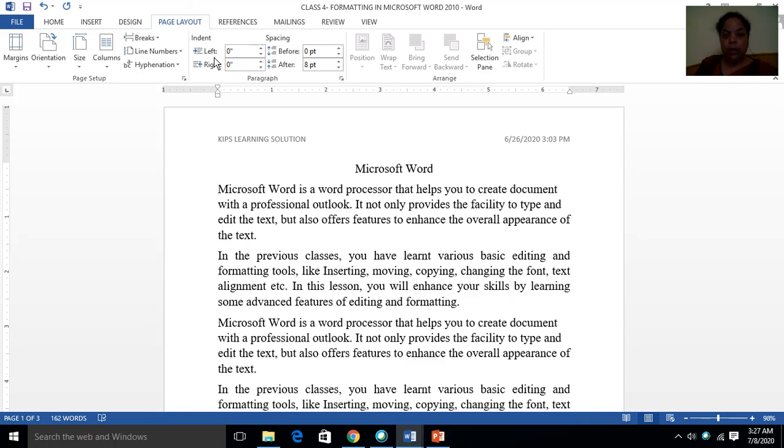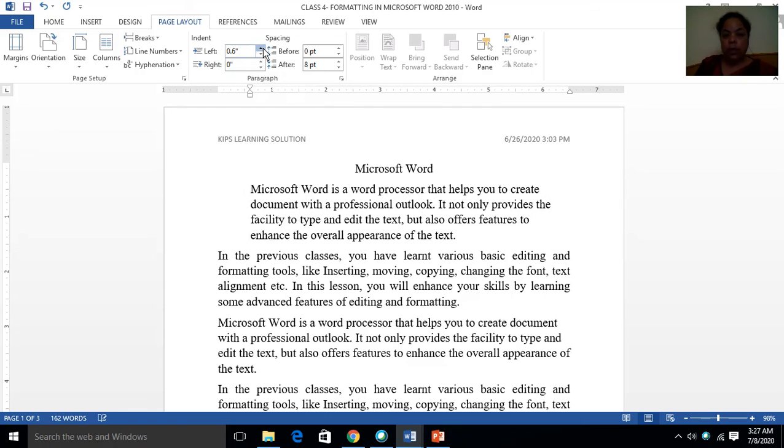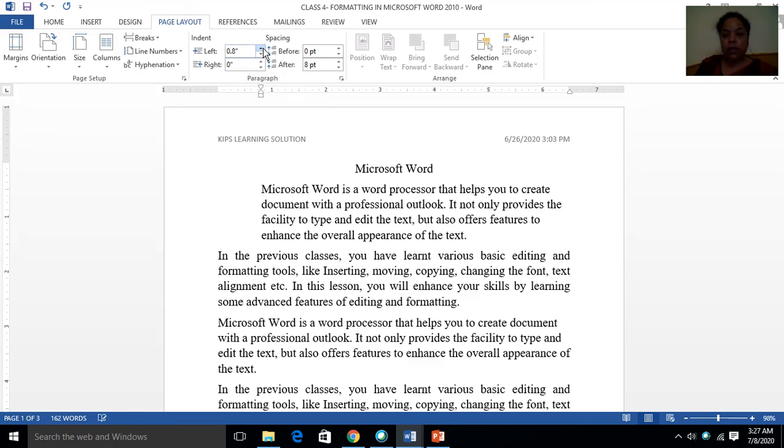In this indent you can see the left and right, and it is set with 0 inch in left and right. Just using this arrow, you can see my left indentation is increasing. You can see this much space. This is the starting of my page, and here my text is starting. So this space is called indentation.